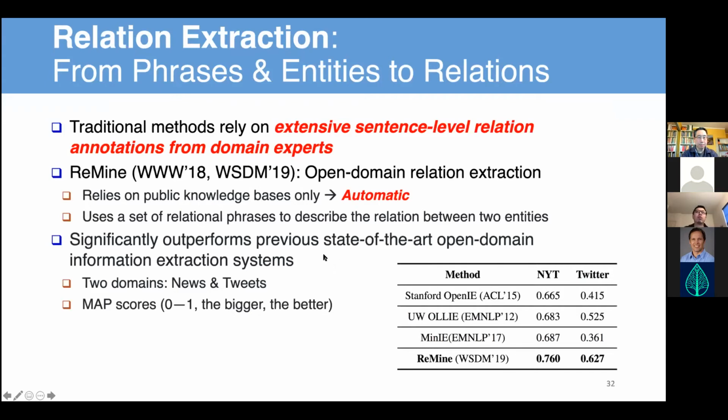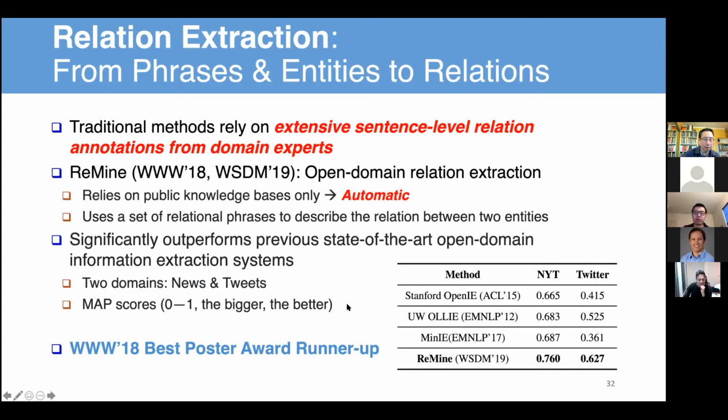So we are actually trying to extract the phrase. We want to distinguish the phrase into entity phrase and the relation phrase. And then we can use the relation phrase together with some parsing tree structure to figure out how we can use this relational phrase to connect the two entity phrases. So that's kind of the idea. And you can check this paper if you're interested. Yeah, and thanks for getting the links, Ted. And the preliminary version of this work got the WWW 2018 Best Poster Award runner-up. So that's kind of the idea.